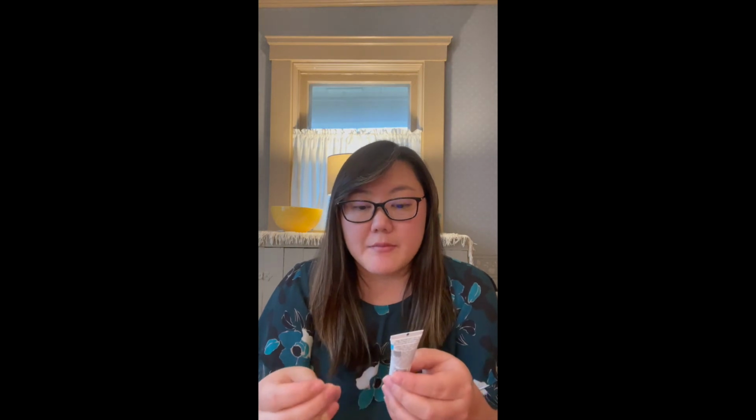And this is a tightening and resplendent eye mask. Anytime I see the words eye mask, eye cream, you know it's probably going to be expensive. And again, this is not a brand I've heard of. Looks like this has hyaluronic acid in it, and it's only a 0.5 fluid ounce container. So this is a cream